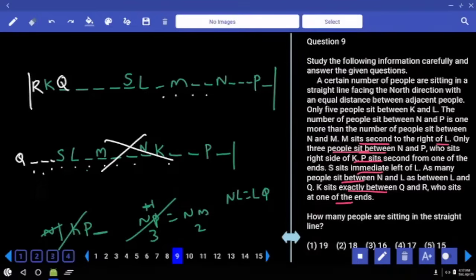Now we have done all the 40 questions. Now tell me how much time we have taken? Around 22 minutes for all the 40 questions, and at the same time I explained the questions as well. You don't need to explain to anyone, so your ideal time must be half of mine. As I have done these 40 questions in 22 minutes, you are supposed to do it in 11 minutes. That is the ideal time.